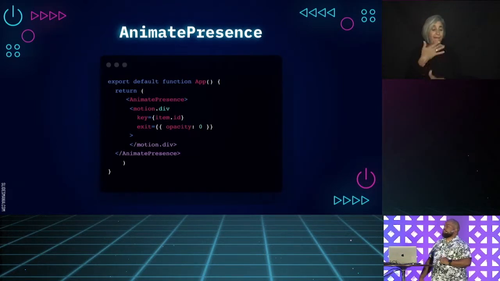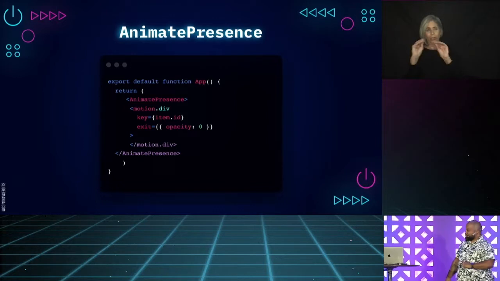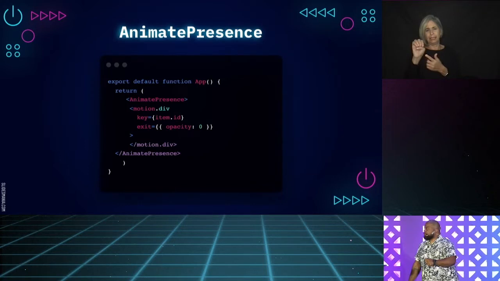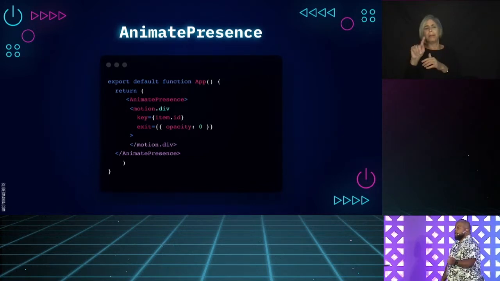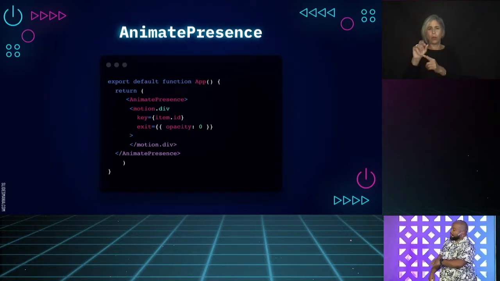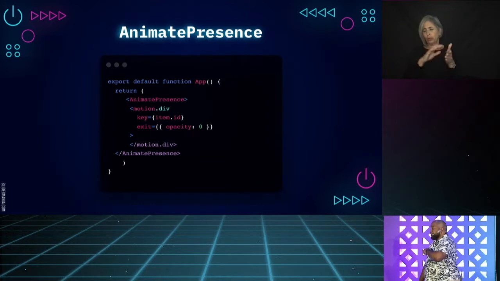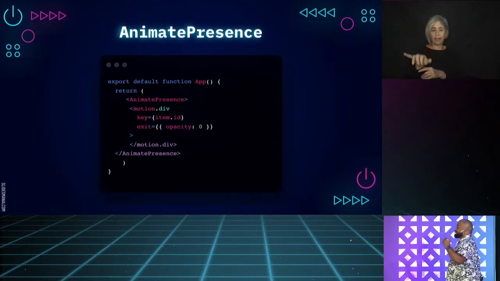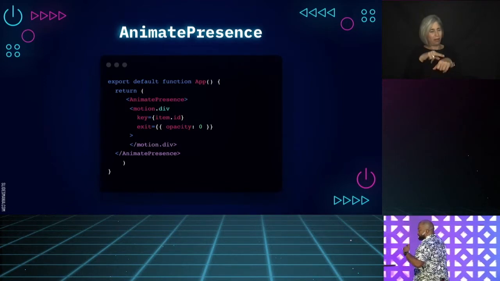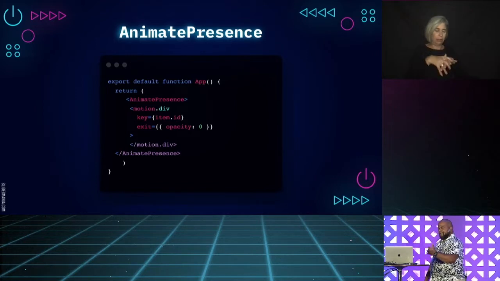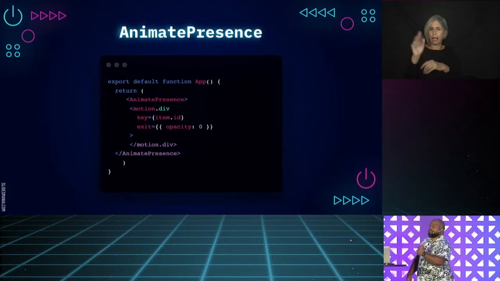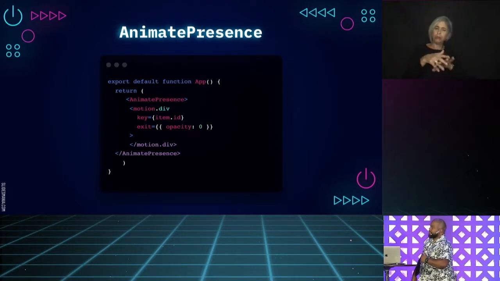Probably my favorite part of Framer Motion, I have a lot of favorite parts, but this is one of them that's really, really good, is AnimatePresence. AnimatePresence allows you to animate elements while they leave the DOM or the React tree. So if you have a list of items, some emails, whatever, and you want to remove them, when you click that, it'll actually do the animation for you, because normally that's not something that's built into React that has a lifecycle method that tells you when it's leaving the DOM or the React tree. So Framer Motion has this built in, so you're able to create those types of actions.